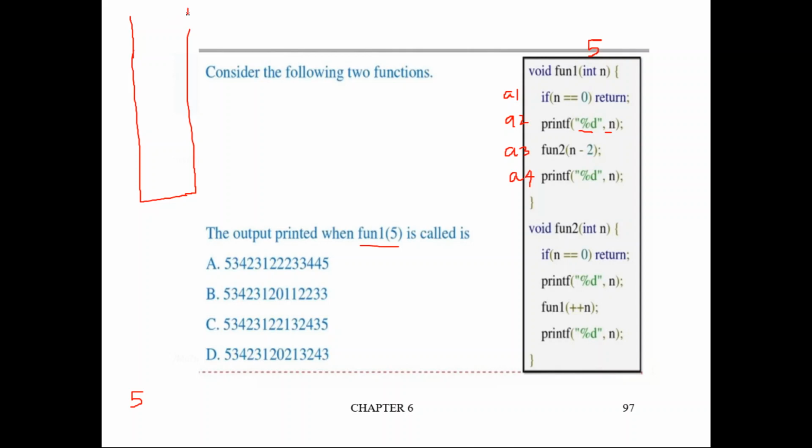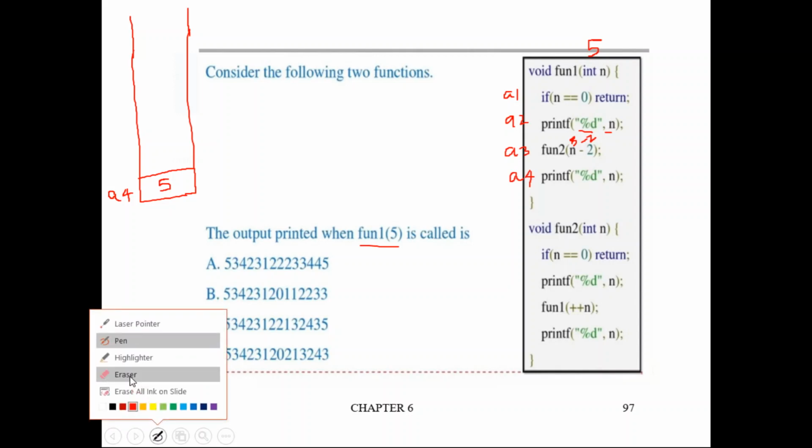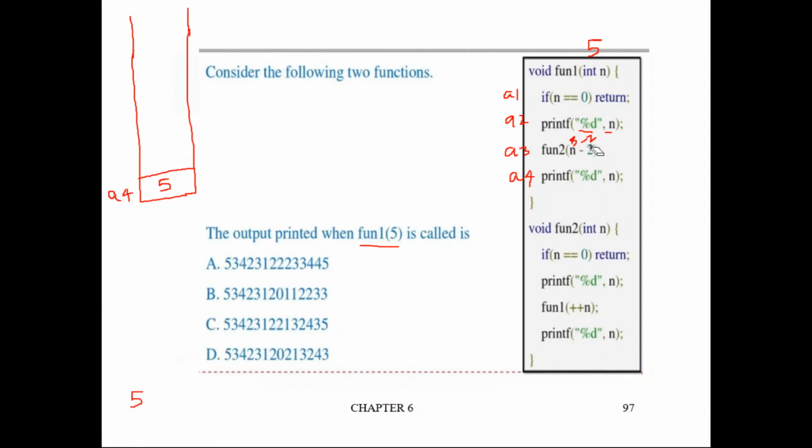A4 should be pushed into stack and also whatever the value of n at that time, that also should be pushed into stack. So the address A4 is pushed into stack and currently what is the n value? 5. So n is the local variable here. Okay. See, n is 5 only. Here we are calling with 3. That doesn't mean it becomes 3, because this is n we are not changing. Still n is 5. 5 minus 2 is 3. So this 3 is a separate constant. This is not part of n. Current n value is 5. That is pushed into stack. Okay. Right. So after pushing this into stack, then only the function call will happen.